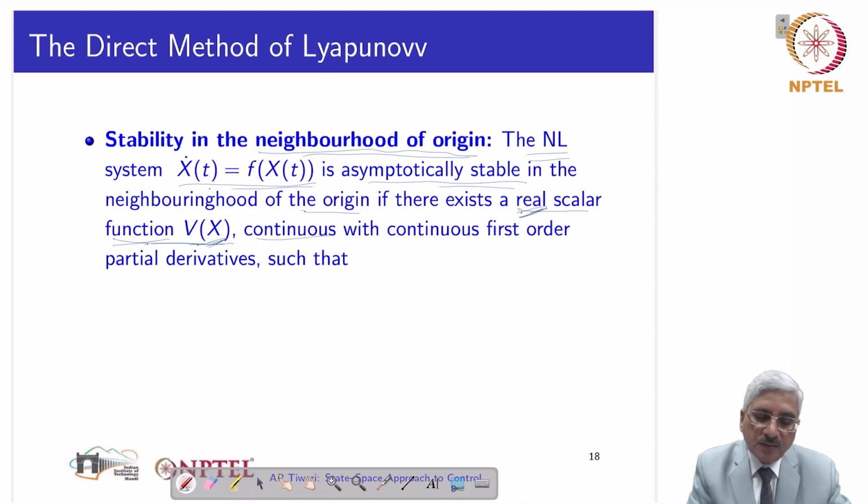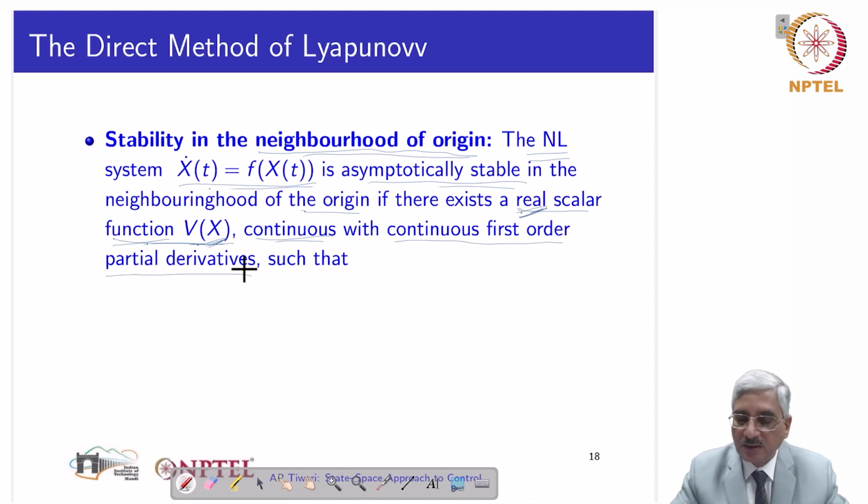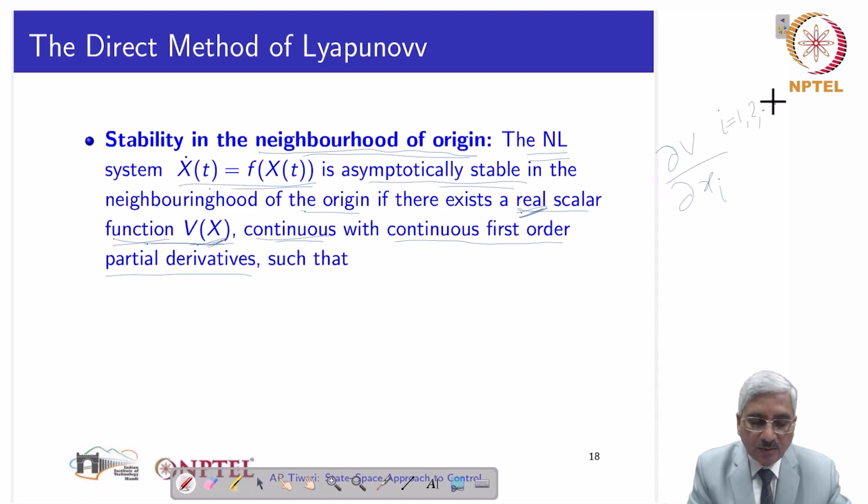It should be continuous and its first order partial derivatives, that means del V by del x_i, i equal to 1, 2, etc., should also be continuous. So not only the function is continuous, but its first order partial derivatives are also continuous. If such a function exists for the nonlinear system,